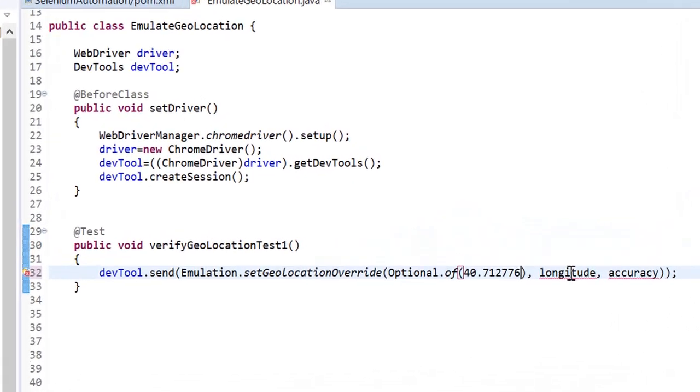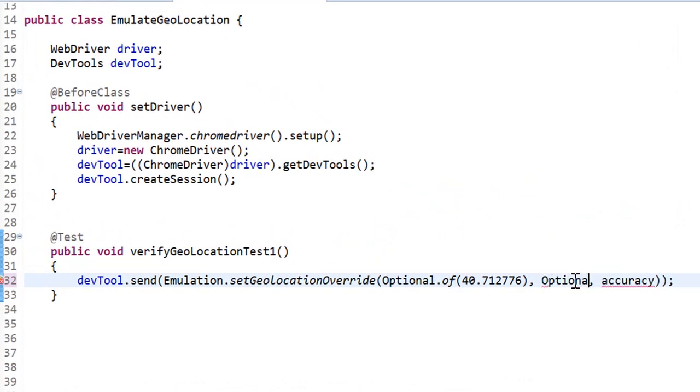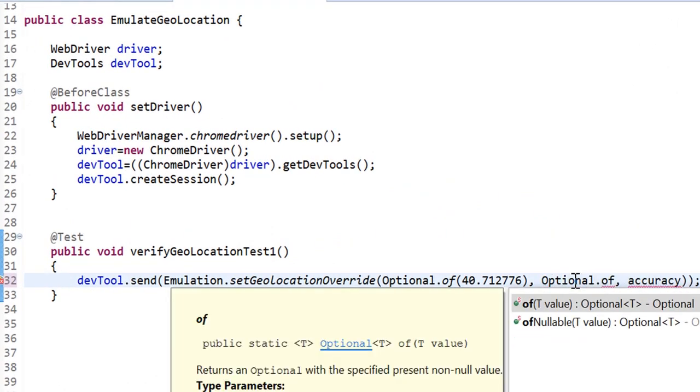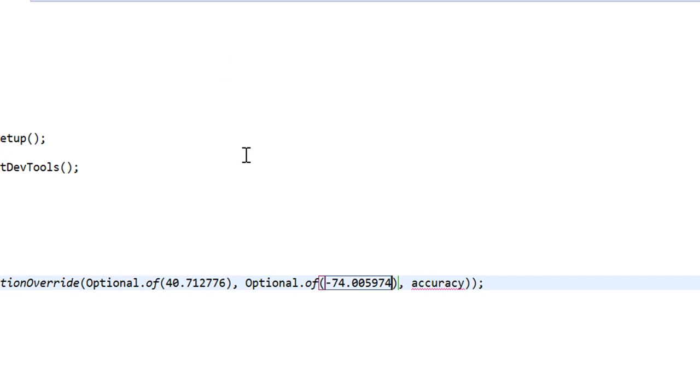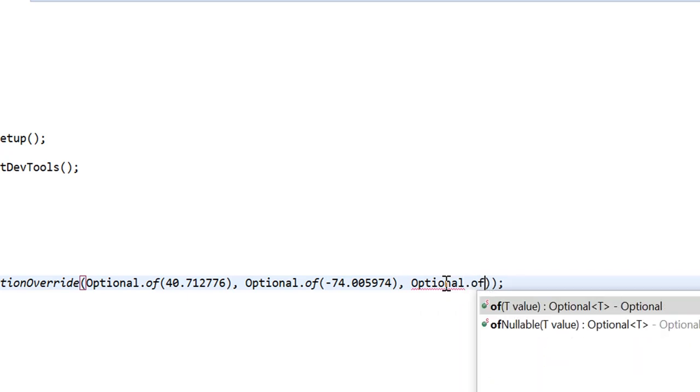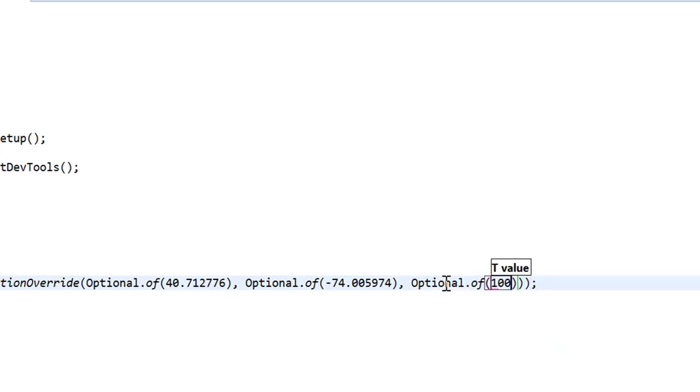Before this I have to say Optional.of, and here we have to pass accuracy. Here I am passing 100% accuracy.